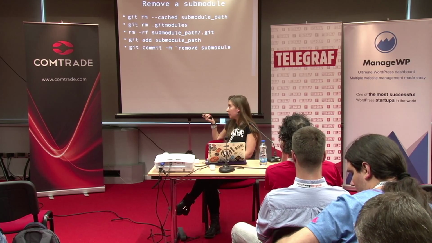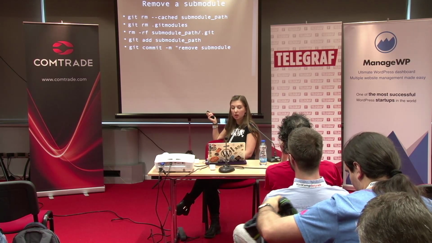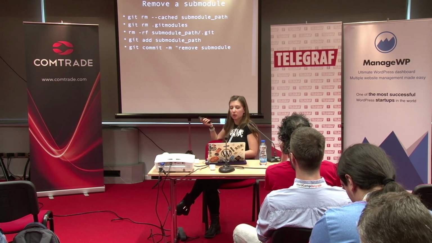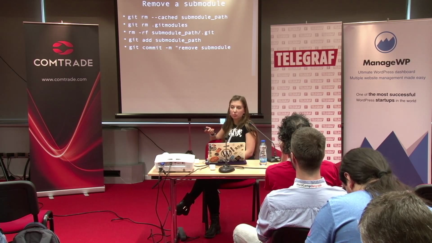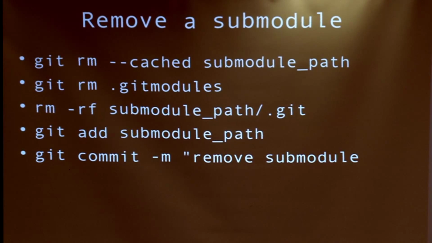Then you need to remove the git directory that is responsible for this submodule itself. And here, about the next two, it really depends whether you want to preserve that code or you want to delete it altogether. If you want to delete it all, you can just do it with rm. And if you want to just add it as normal code, not a submodule, you can just git add it and commit it like a normal folder.